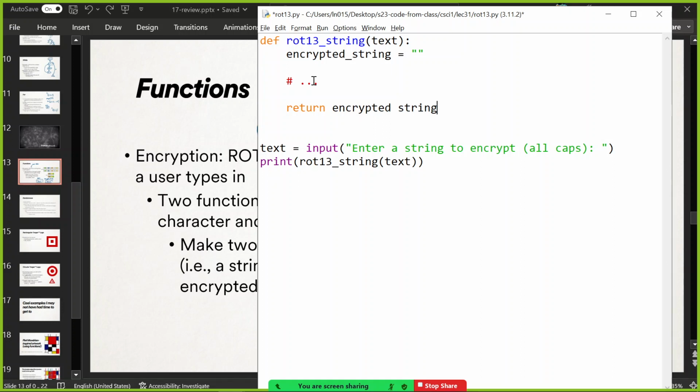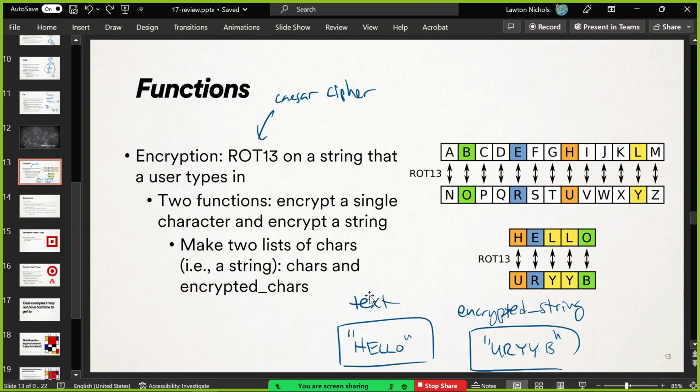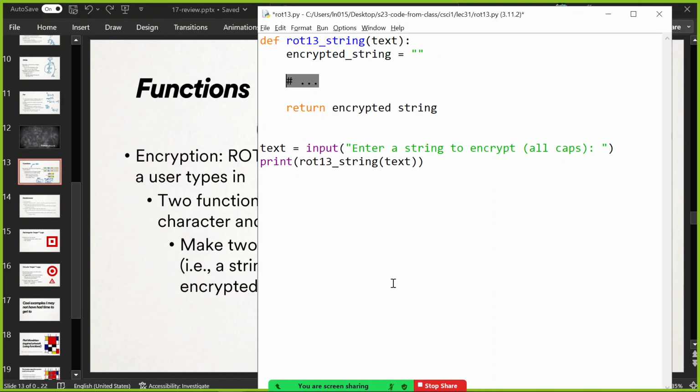That's the goal. So if I have hello, for example, in text, I would like to go through every character and encrypt the H, encrypt the E, the L, the L, the O. An easy way to go through every character is to use a loop. So let's see here. What could I do? I could use a for loop. I could do for C in text. That would totally work. But let's get some examples of using a while loop to iterate through something, and we'll use indices, because that's helpful. Or no, let's use indices on the next one.